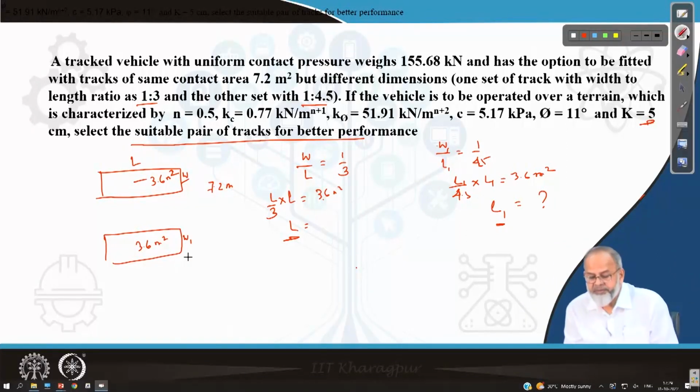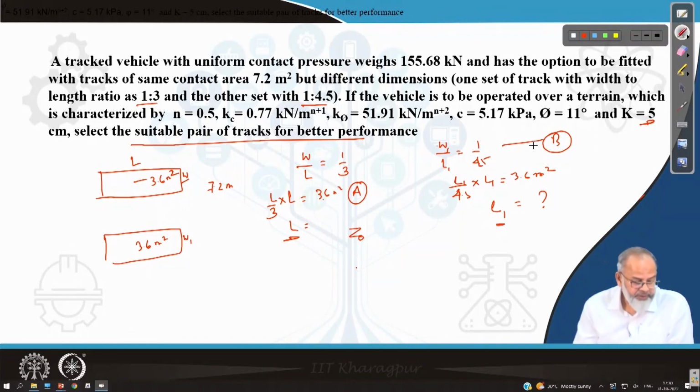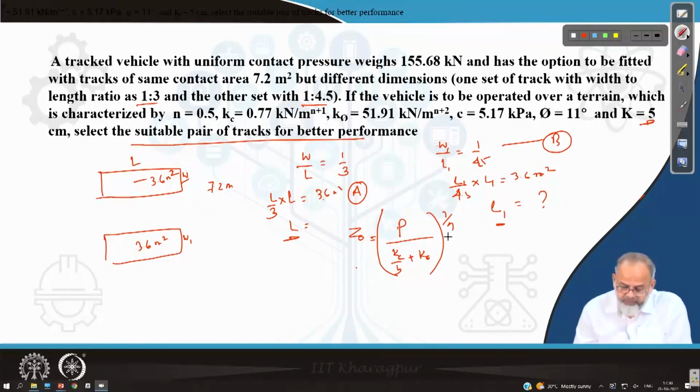Now I have decided the dimensions of the track for two different conditions. The next step is what is the sinkage, Z0. If this refers to vehicle A, this refers to vehicle B, 1:4.5, then for vehicle A, Z0 will be equal to (P by (Kc by B plus K phi)) raised to the power 1 upon n. Now P is nothing but weight divided by area,